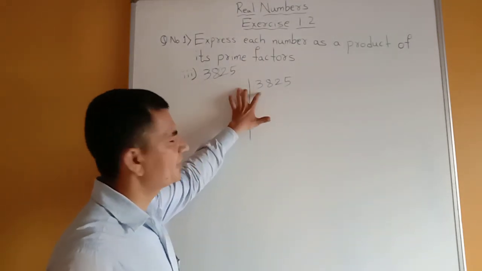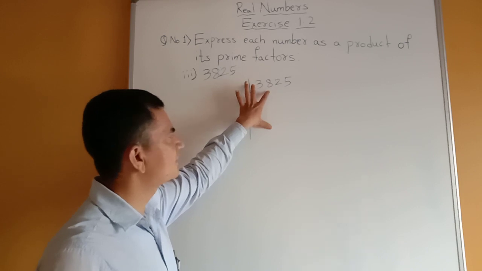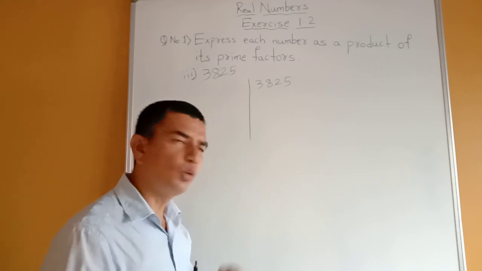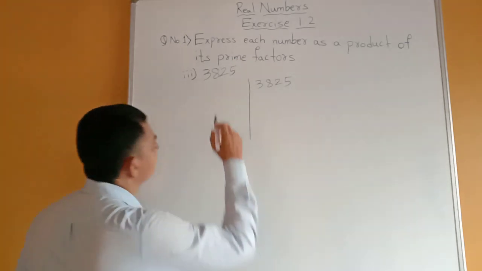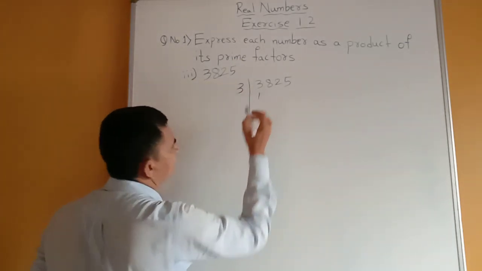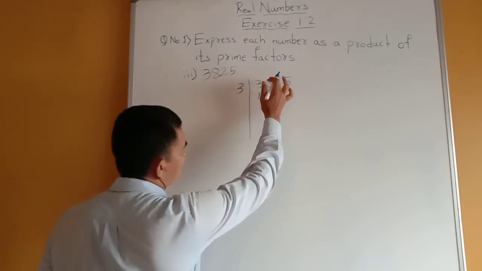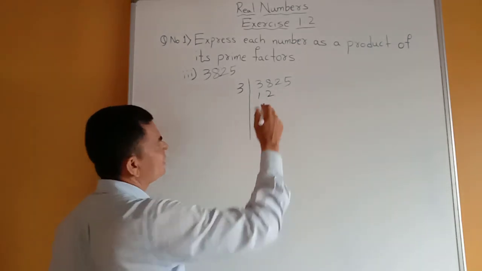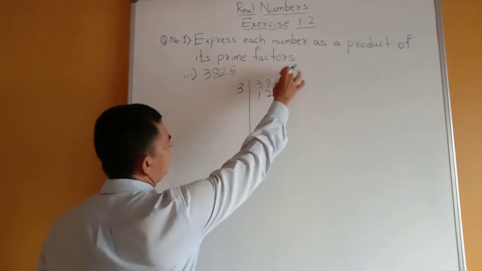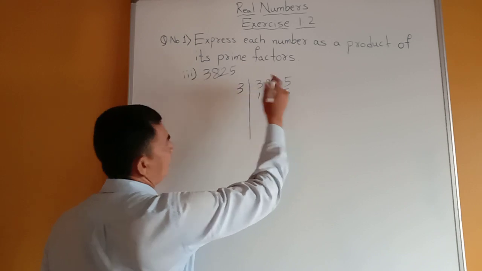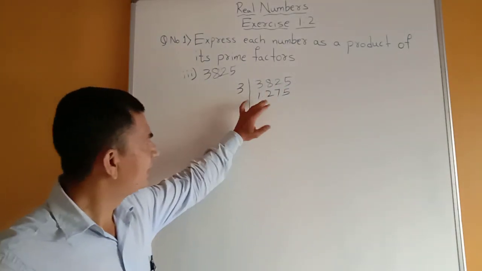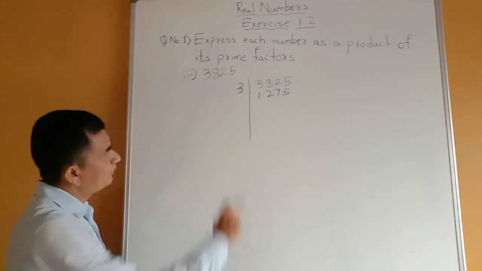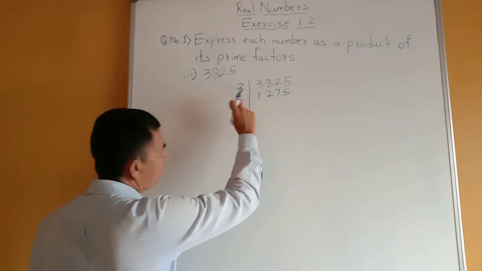Let us see. 3 ones are 3, 3 twos are 6, 2, 3, 7. It is divisible by 3, so we can take here 3. 3 ones are 3, 3 twos are 6, and 2 remaining, it becomes 22. So in 3 table 21 is there, 3 sevens are 21, 1 remaining, and 3 fives are 15. It is completely now divisible with 3. Now again we have to see, is it divisible by 3 or not?